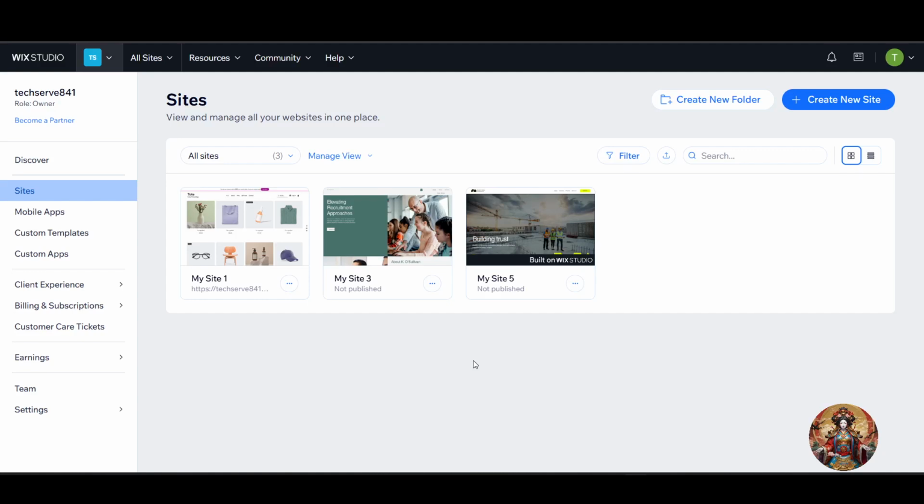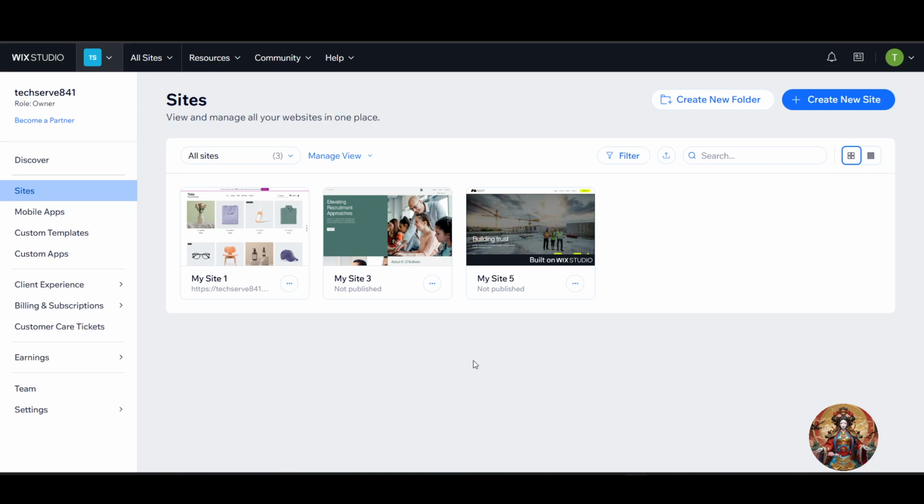In today's tutorial, we are going to learn how to add a pop-up box to your Wix website, the kind that shows up when someone visits your site or clicks a button. If you have ever wondered how to create a message box or promo alert or collect emails using pop-ups, this is the perfect video for you. And don't worry, we are going to keep it super beginner friendly and I will walk you through every single